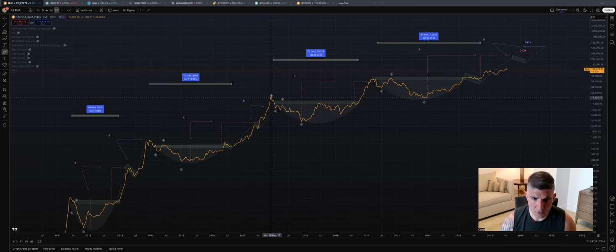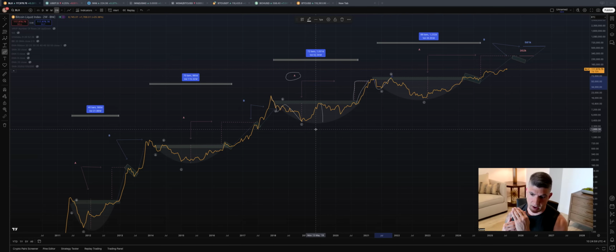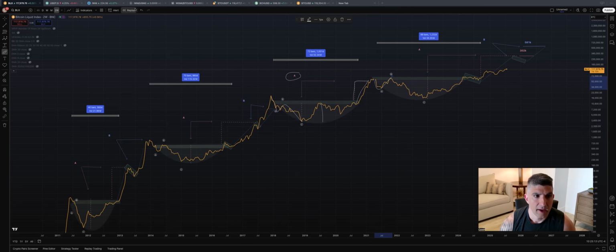Third, we had A, B, C, reaccumulation. The length of the reaccumulation in terms of proportionate, bottom to top, was exceeded in the form of A. There was no B, okay? That impulse was not replicated, and it just consolidated into a B wave. So now we have 3 out of 3 instances where the proportion from the bottom to the top of the reaccumulation was matched. 2 out of 3, we had a second move where the move coming out of that bottom to top was then matched or exceeded. Follow me?